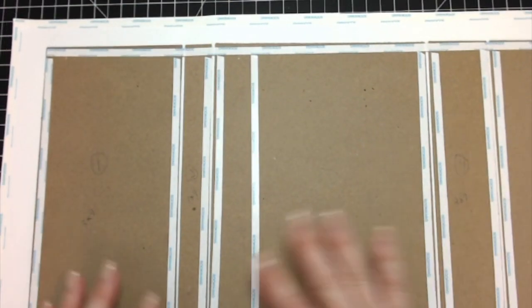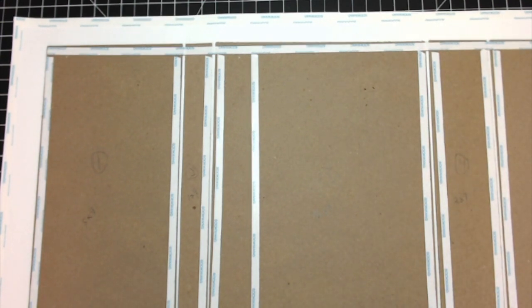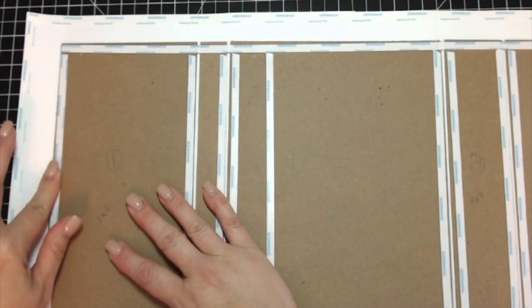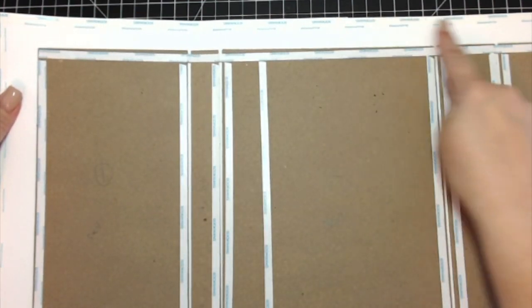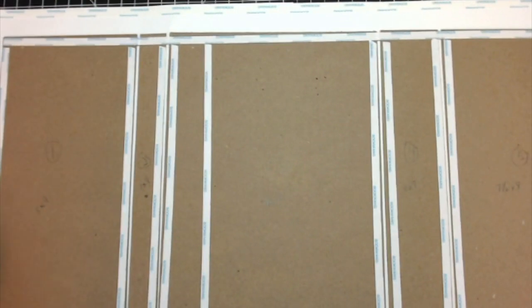And then what I like to do is put score tape around the outside perimeter, okay? Because once you wrap that piece of paper, it'll grab right there. Then I also put score tape around the outside of the perimeter of the cardstock, okay? And then the very last thing I do before I wrap it is,